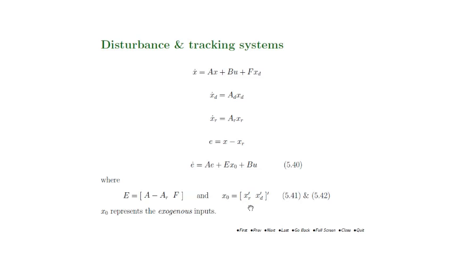Of course, here it's written now as the transpose of a row vector. In other words, the upper part of this column vector is the reference state vector, and then the lower part of it is the